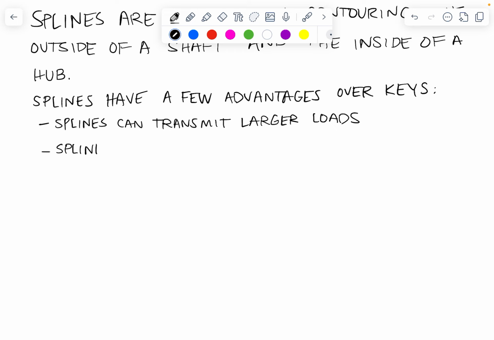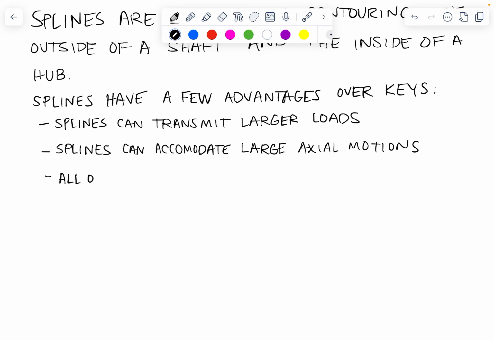Splines can accommodate large axial motions. And then, all other factors being equal,